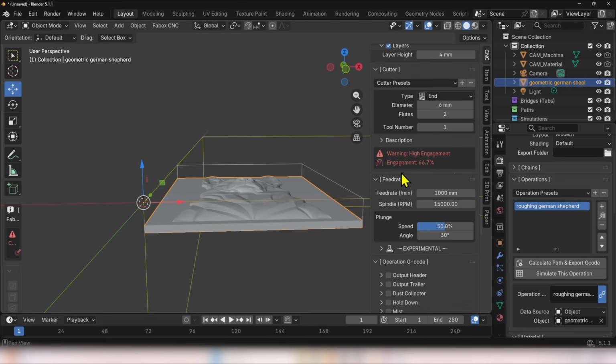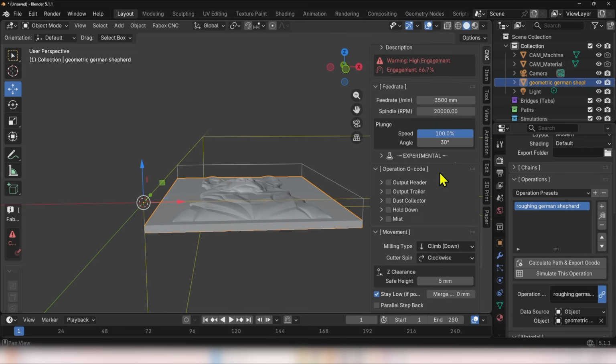Now let's scroll down to the feed rate section. Let's set a feed rate of 3500 mm per minute. I'm going to use the maximum speed of the machine for the roughing pass and set a spindle speed of 20,000 RPM, which should be just fine for quickly removing the material without stressing the tool bit too much. The plunge speed is the speed along the z-axis. In Blender, in FabEx CNC, the plunge speed, the movement along the z-axis, is not expressed as a fixed value in millimeters per minute, but rather a percentage of the XY feed rate. My machine can handle it, so I will set the plunge speed to 100%,